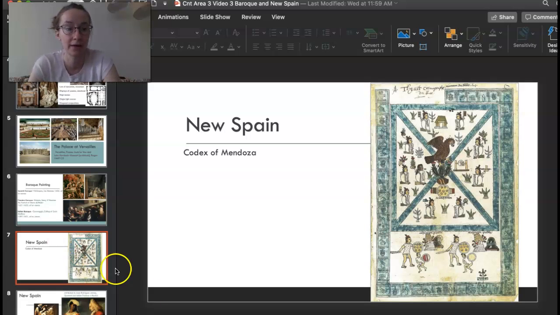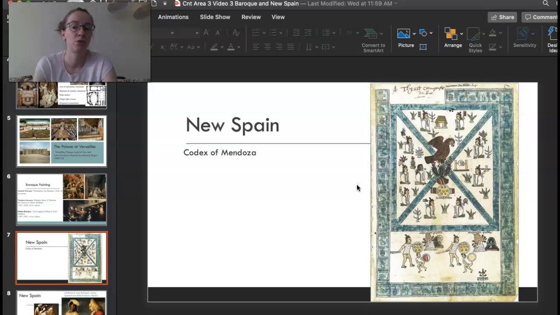All right, New Spain. We start with the Codex of Mendoza, which we actually looked at as a part of the indigenous unit, but this is actually a part of the content area 3, so we're going to cover it here for the review. So what makes this piece an interesting one, and a lot of the New Spain works, is that